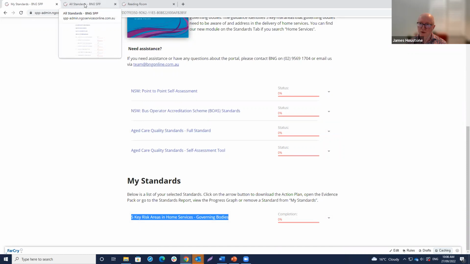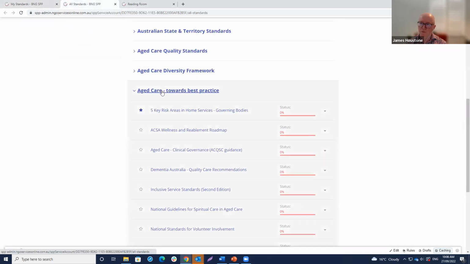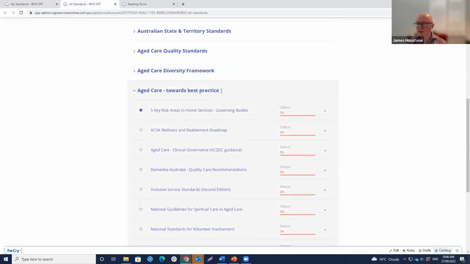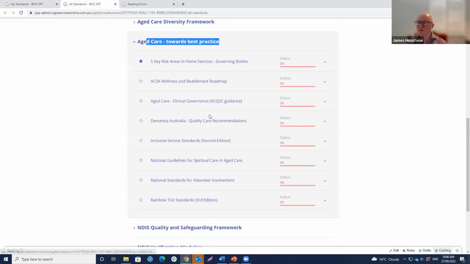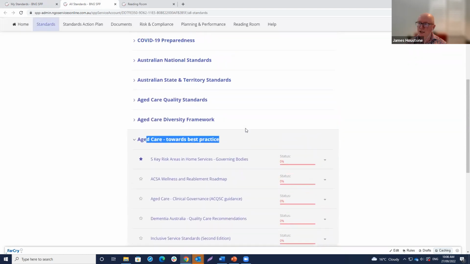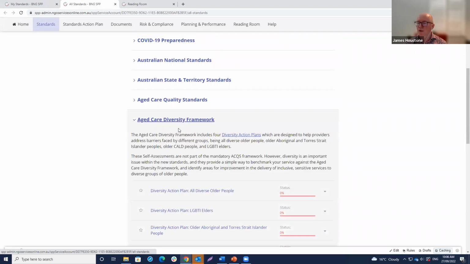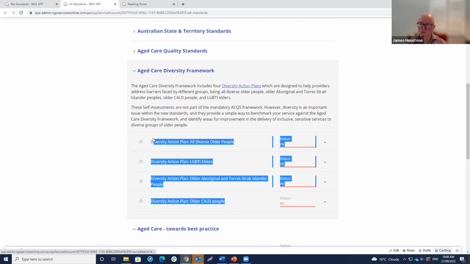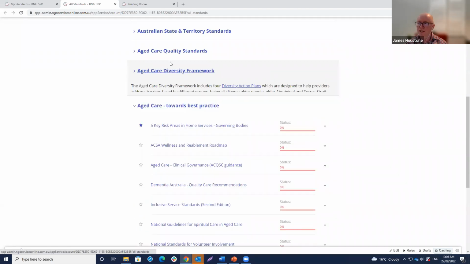But also, just for everyone's benefit, if we go back to the standards tab with the long list of standards, you'll see under this best practice heading, we've got a range of different best practice self-assessments across different thematic areas of aged care. Again, we've got the Department of Health's aged care diversity framework, so we've transposed their 4 diversity action plans into simple online assessments.